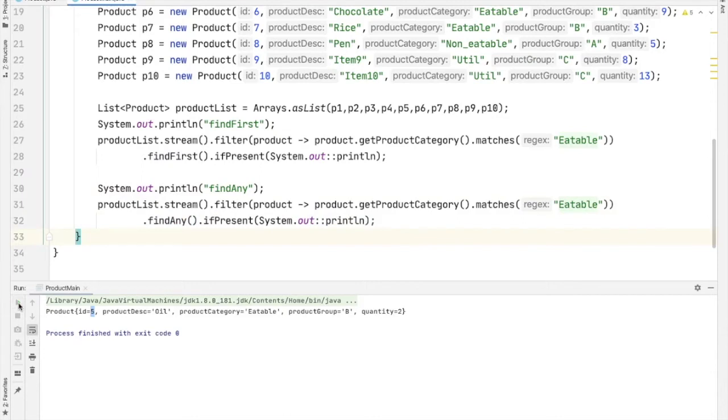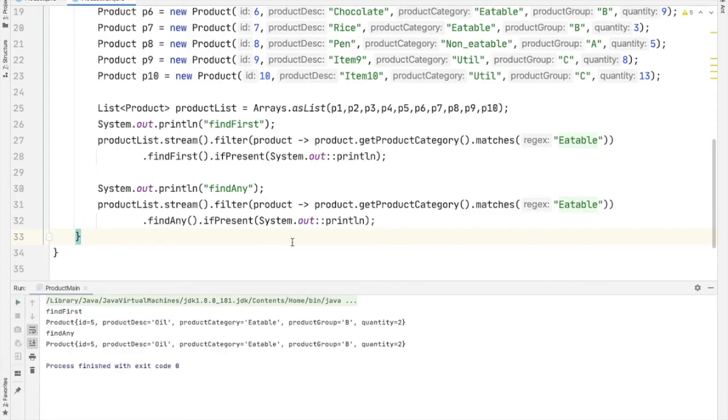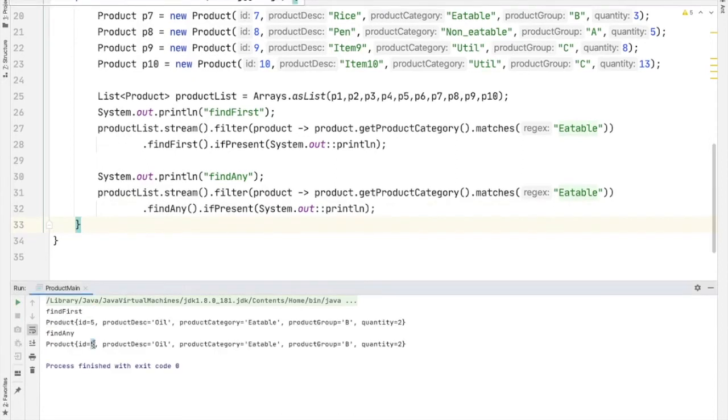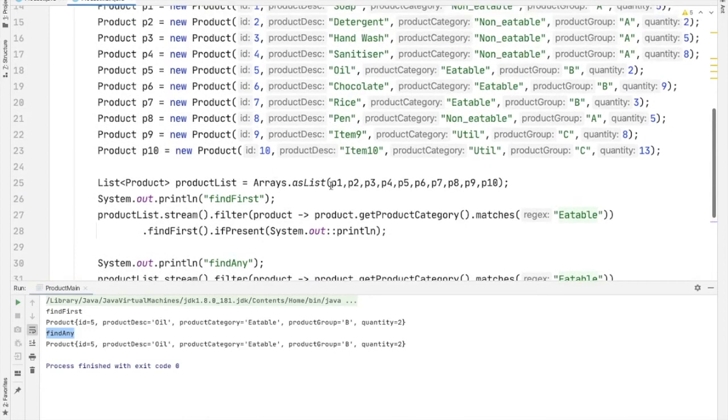Run the code. Now we got the same output for both findFirst and findAny. As the name indicates, findAny finds any element that matches the predicate. The output of findAny may vary since we have three objects, P5, P6 and P7, which match the predicate.